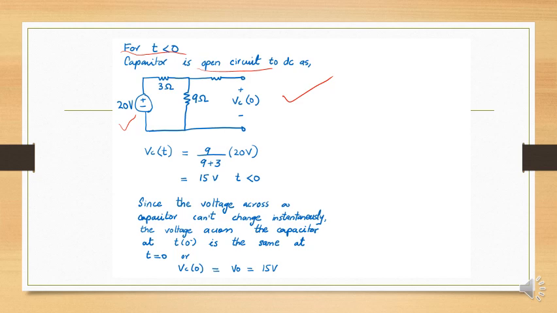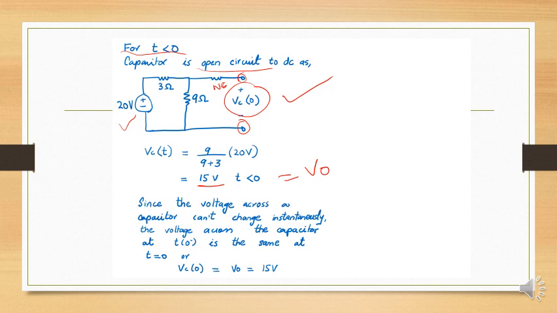So what is VC here? This resistor is in a not connected state. So what is the voltage from point here to point here? It means that the voltage drop across 9 ohms is VC in this case, right? So how can we get that? We can apply the voltage divider rule. 9 over 9 plus 3 multiplied by the initial 20 volts, we got 15 volts. It means that Vc of t, which is equal to V naught, the initial voltage stored, is 15 volts.